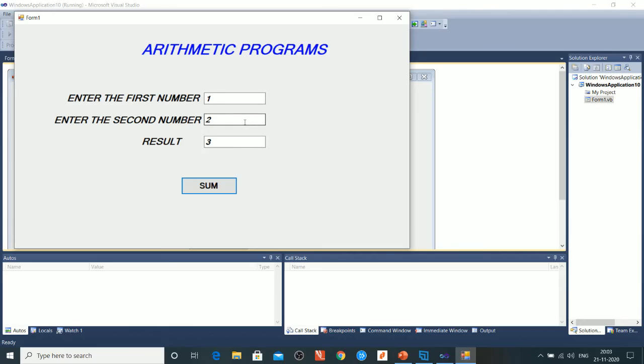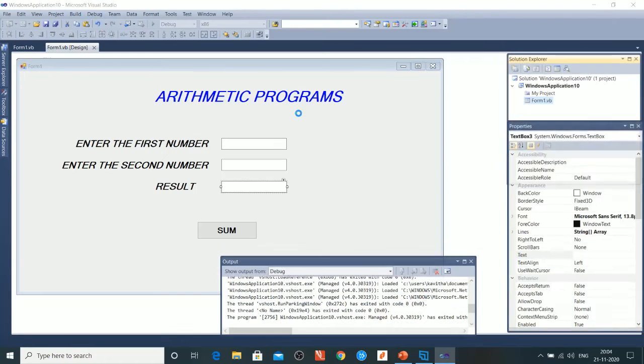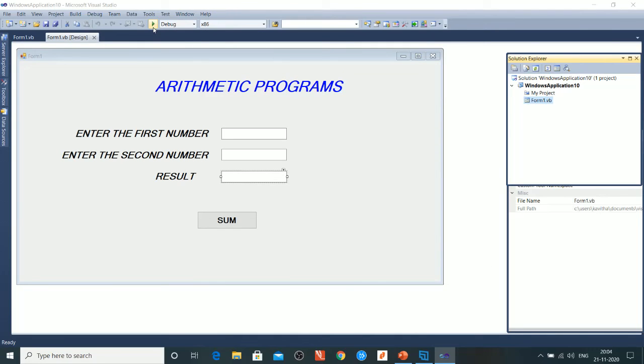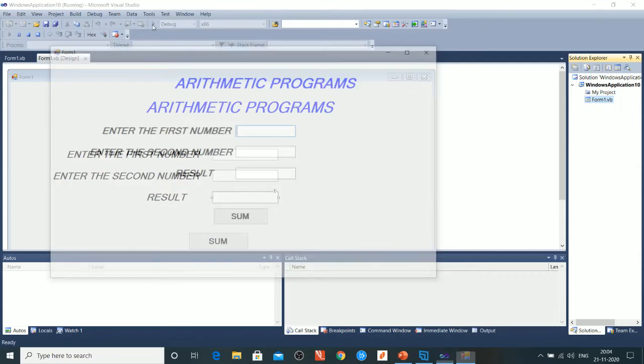If you didn't use the val function, what may happen is the VB program will consider the input as text and join the two texts and display whatever you type in the box. Okay. I again run the program. Let us see the difference. Now I am going to enter alphabets instead of numbers.